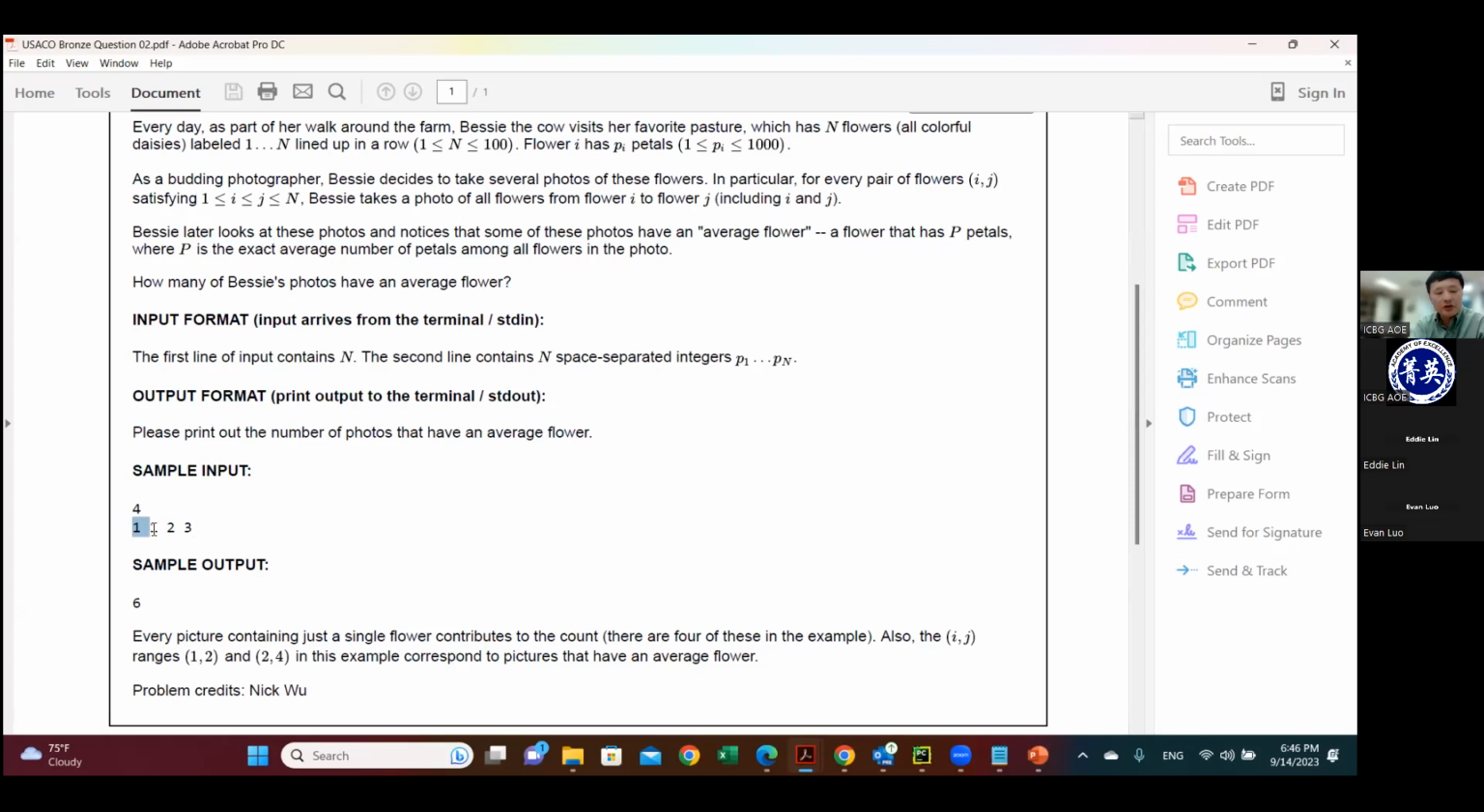And then you see these two. If you take a picture of these two, you have an average flower, right? Yeah, I get it now. You have two petals and two flowers, and then you divide two by two, and you get a one. So you have an average flower here. If you go this way, do you get an average flower? You do not get it. And if you go this way,